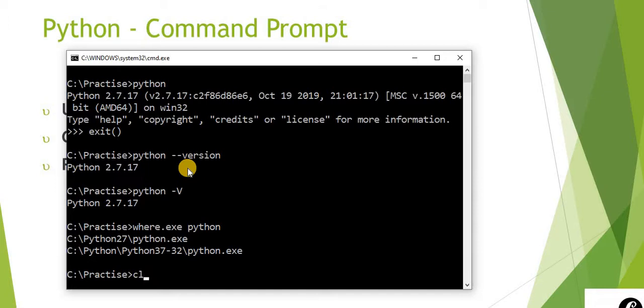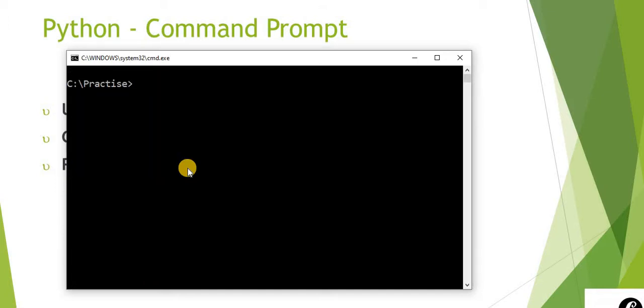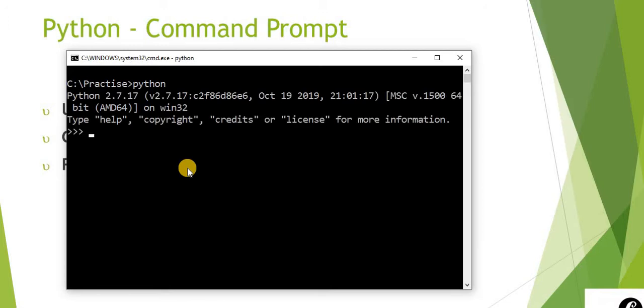Now clear the screen. Okay, so let's run Python. If you click here, it comes up with Python. Now that Python is installed, let's check whether it's running or not. If you write this, it's giving the answer. If you write 10 plus 20, it's giving the answer. If you write print